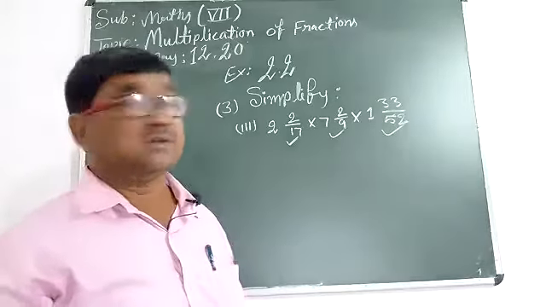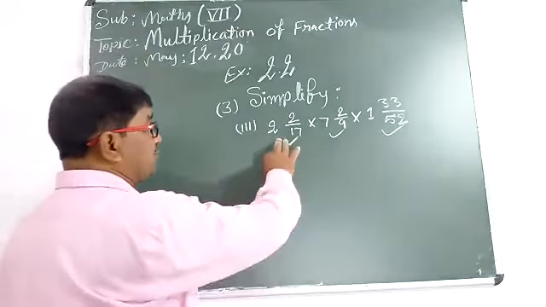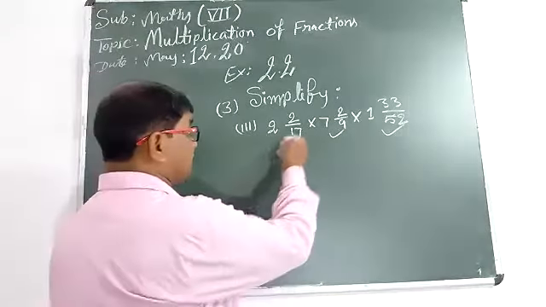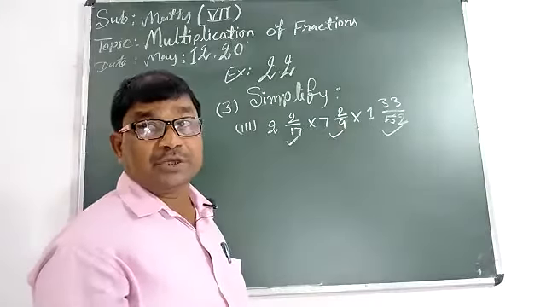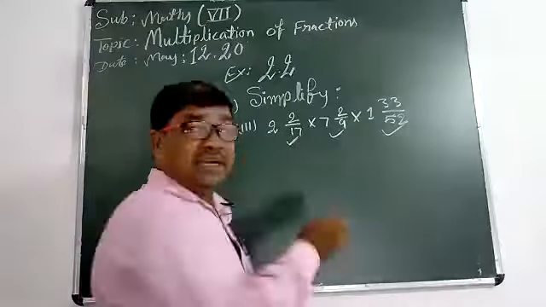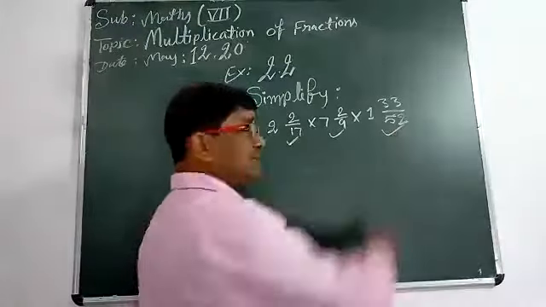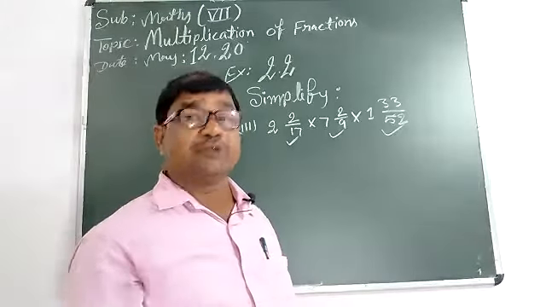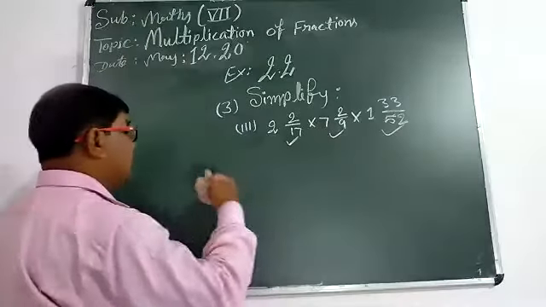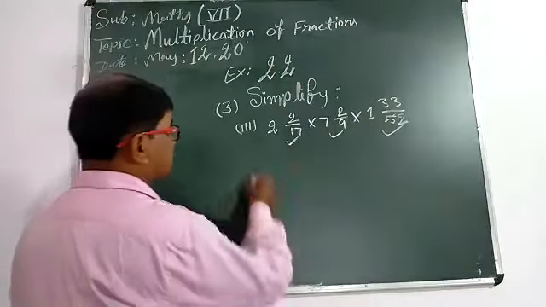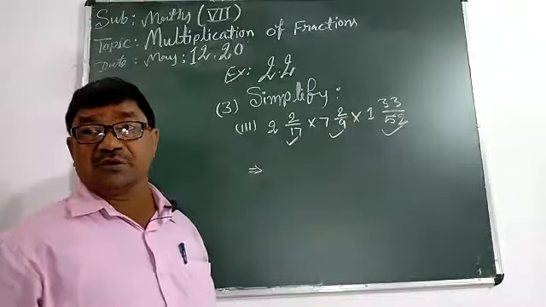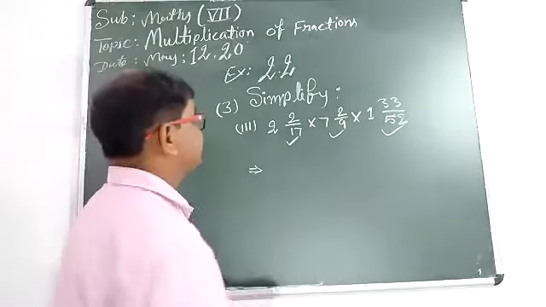Okay. A student, if you are going to multiply these two in the simple way, so this is the multiplicand, that is the multiplier. You will get a result. That is the product. Now your product will be multiplicand, then that will be multiplier, then you will get the result. That will be the product also. Okay. They are given together. So we should change these three mixed fractions into their improper fractions.